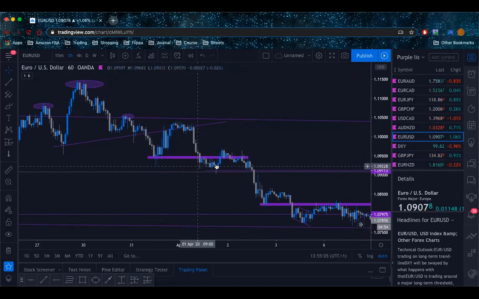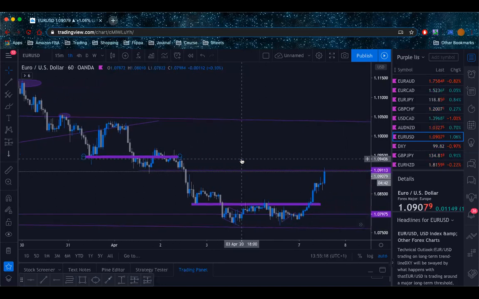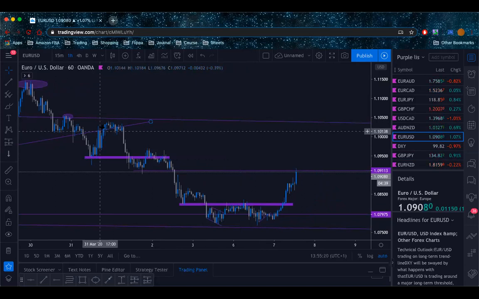Then we have this zone that gets created here. And as you can see, we sort of hovered around this zone quite a bit. We can see we had a fake out of the zone and then a retest of the zone before another drive down. Now I scaled in further entries here. So that's my second set of entries now. So we've got our original entries, then we've got our scaled in entries.